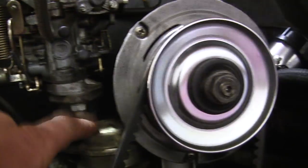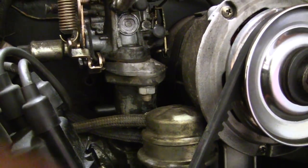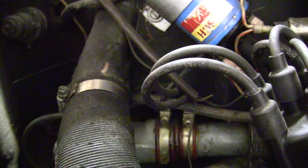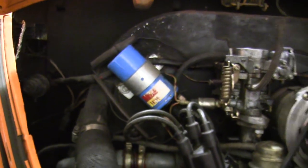I've already replaced this first line here from the carburetor to the fuel pump. And I've got enough line, I can go ahead and replace the line from the fuel pump back to the fuel filter, which is under the car, and then from the fuel filter back down to the metal line on the car. So I've got enough fuel line for that, but when I was looking for anything that could be leaking,